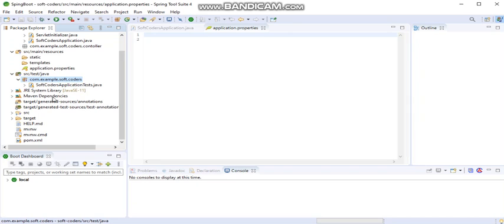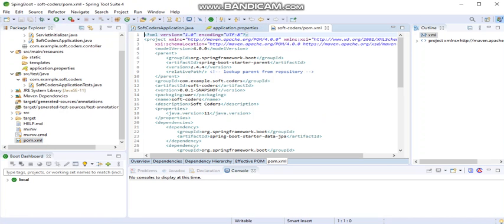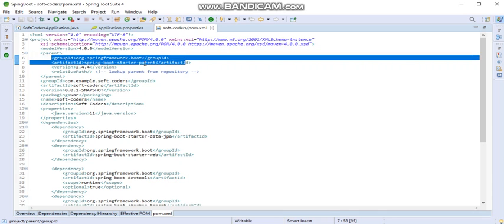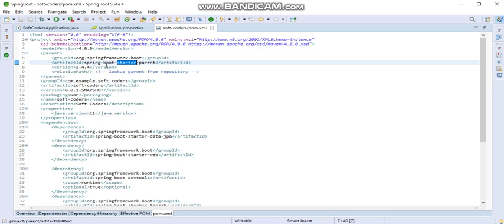And now we will move on to the pom.xml. This is from Maven, and inside the pom.xml you can see the configuration as we provided at the start. This is the group ID you can see here. This is the version, this is your artifact ID, this is your packaging, and this is your description and name.